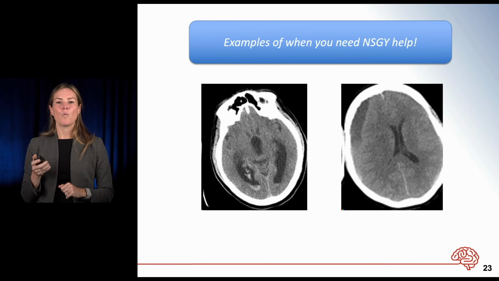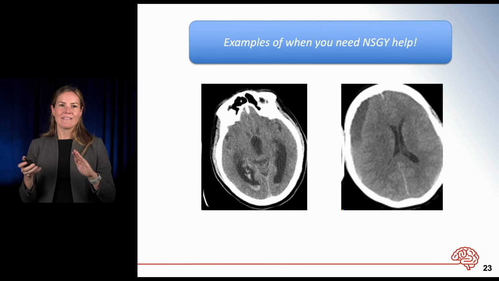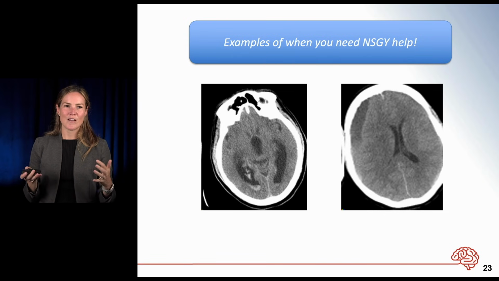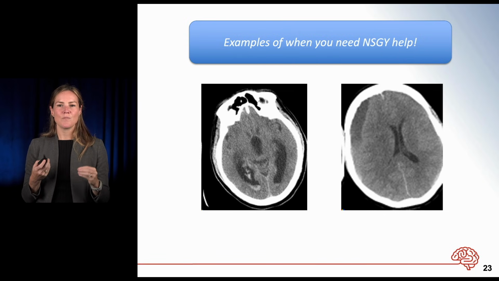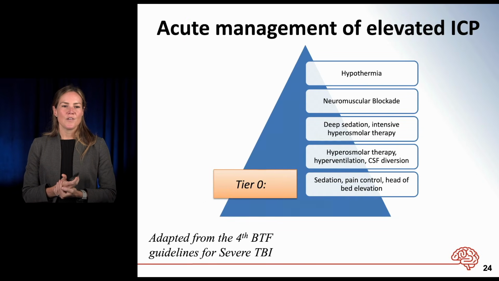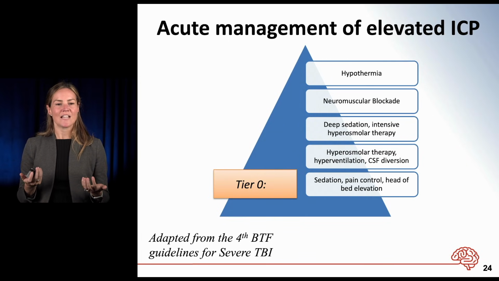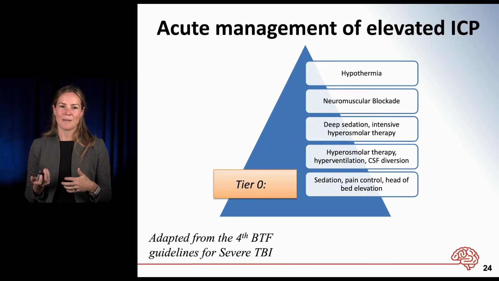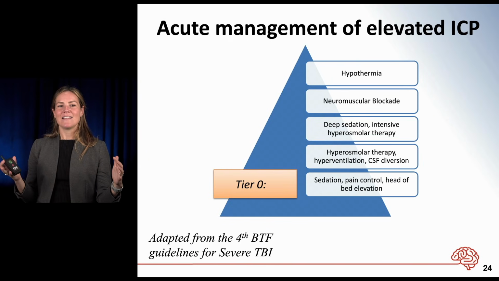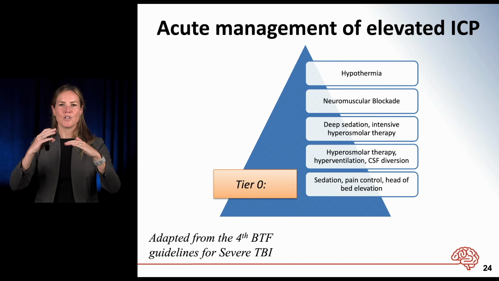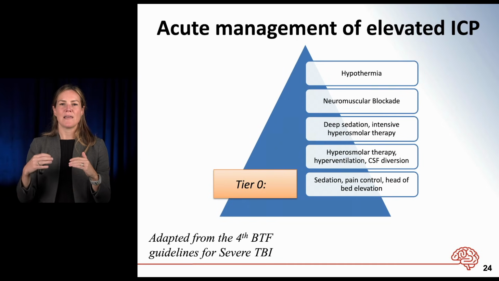Now, while you're temporizing the patient, or if the patient does not have a lateralized lesion, such as our patient in this case, who has sort of diffuse brain trauma, we're going to think about acute management of elevated ICP with medical interventions. This is adapted from the fourth edition of the Brain Trauma Foundation Guidelines for Severe Traumatic Brain Injury. And I really like to think about this in a tiered approach where we are escalating our medical management